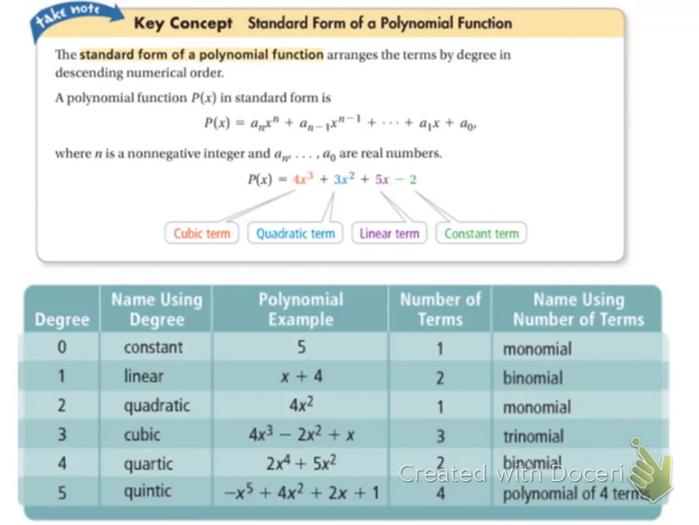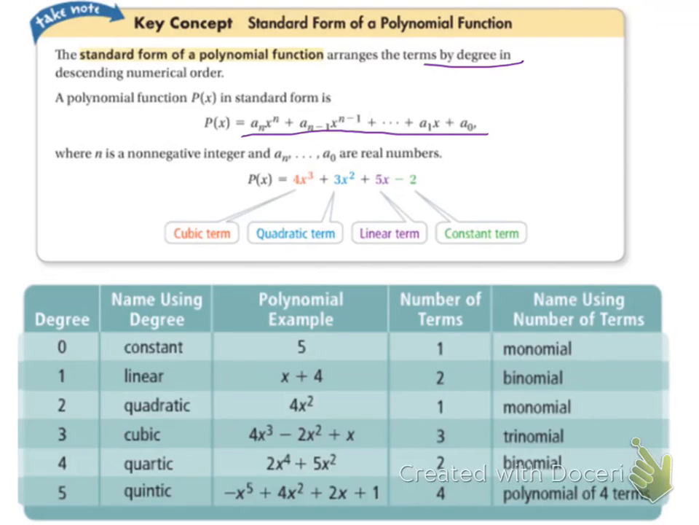Okay, so this is 5.1 polynomial functions, and we're going to get into other polynomials other than linear and quadratic. So first, we're talking about the standard form of a polynomial function, which arranges terms by degree in descending order. So from the highest exponent on the variable down to the lowest exponent of the variable. Don't pay too much attention to this. That's all that means, is that the standard form means to go from the highest exponent down to the lowest